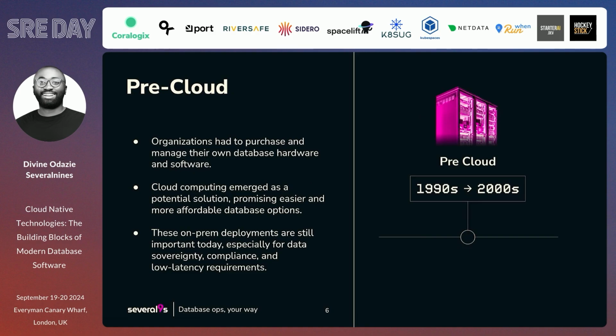So moving on to pre-cloud, on-premise environments, these smaller servers being stored in an organization. This is not to say that on-prem environments are not still being used today, right? A lot of organizations use it for their data to meet some requirements, right? Data compliance requirements or latency requirements. But this introduced the age of cloud computing in order to solve the challenges that on-prem had from the initial start, right? We all know this. When someone today wants to build software, the first thing, especially being a startup or a one-person shop, right? They think about going to the cloud. That's no upfront cost of deploying an application, right? Or a database in this case.